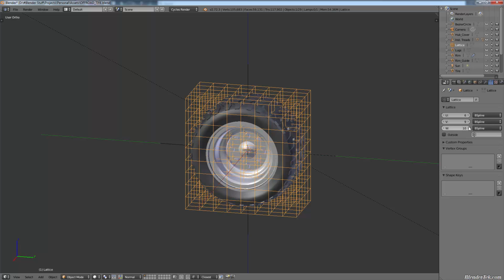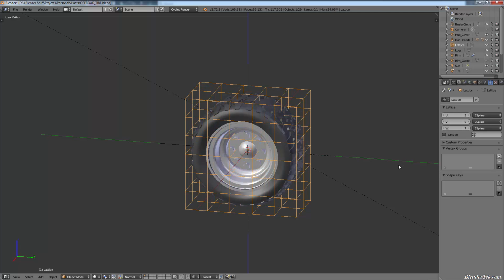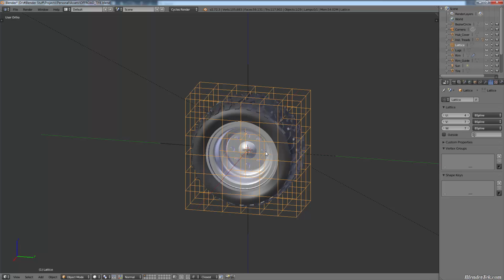I don't think we need that many. Maybe let's 1 2 3, 1 2 3, 1 2 3. Maybe up at 1. No, that's not. Well, yeah, like that. That's nice quads. I like that. Then we will go to our tire